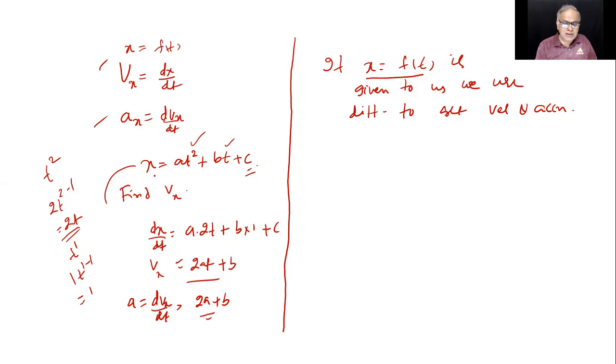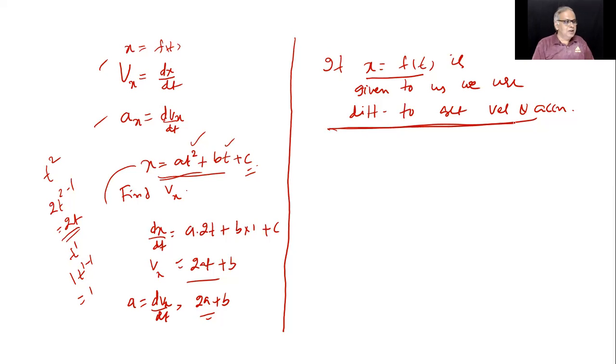X a function of time. For example, this one, instantaneous is nothing very funny. If you put different values of t here, I'll get different values of x. That's what you mean by instantaneous. Don't say it at some instant and leave it alone like that. What it means is x is a function of time. In this expression, if I put different values of t, I'll get different values of x. That's why it's called instantaneous displacement. From the instantaneous displacement, I'll get instantaneous velocity by finding the derivative. From the instantaneous velocity, I'll get acceleration by differentiation again. This is the moral of the story.